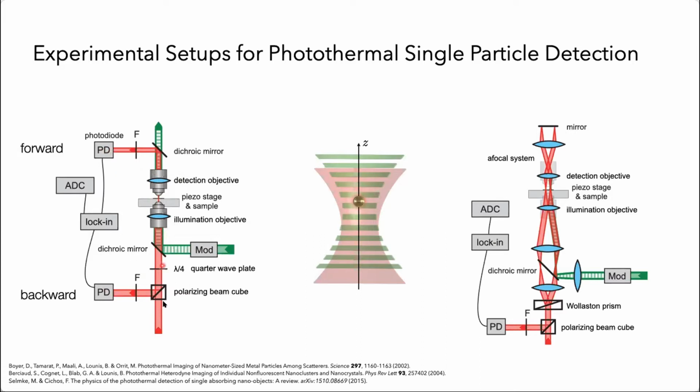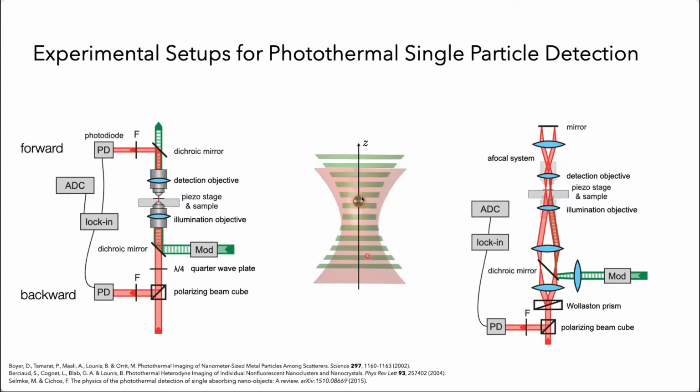So one is transmission, one is just in reflection. The analysis is going to work in the same way with the help of a lock-in amplifier that checks the modulation on the probe beam to get out a background-free signal, essentially. So overall, if we refer to this kind of setup in the following, the problem consists of the following